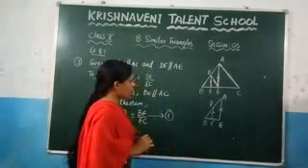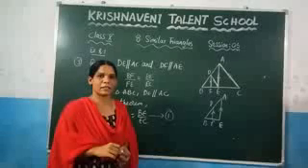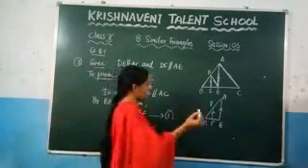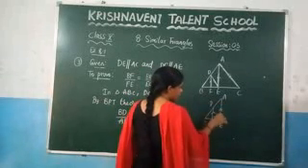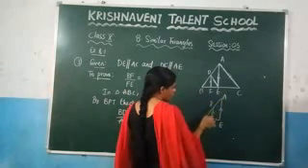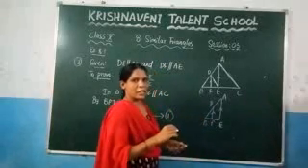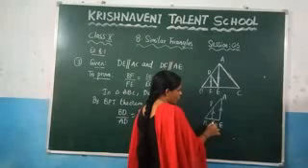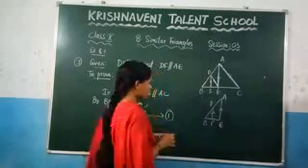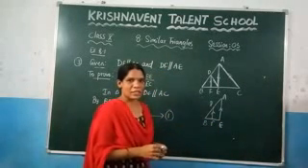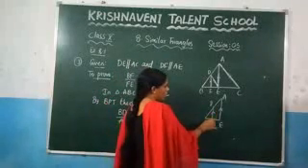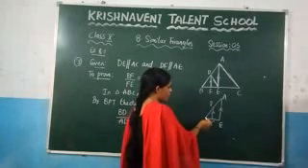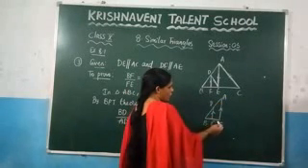If these two lines are parallel, again by the basic proportionality theorem you can write the other two sides are divided into the same ratio. What are the other two sides? You know that this side and this side are parallel. So what are the other two sides, which are AB and BE? So again by Thales' theorem you can write it here, BD by AD is equal to BF by FE. So what is the next condition we got by choosing this condition? Here they have given DF is parallel to AB. So by the basic proportionality theorem you can write BD by AD is equal to BF by FE.